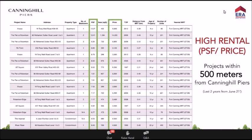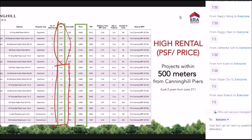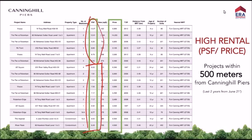Okay, and of course, if you want to quote $8 to $13, by all means go and quote, but not necessary. You continue to quote your $7.50, which holds the majority. In this slide that I show you, they are all 500 meters from us. Why do I take reference from Canninghill Piers? Because we are on top of the MRT station, and they are not. If they are not on top of the MRT station and still can potentially hit the high side of $8 to even $12, $13, if you can see here,